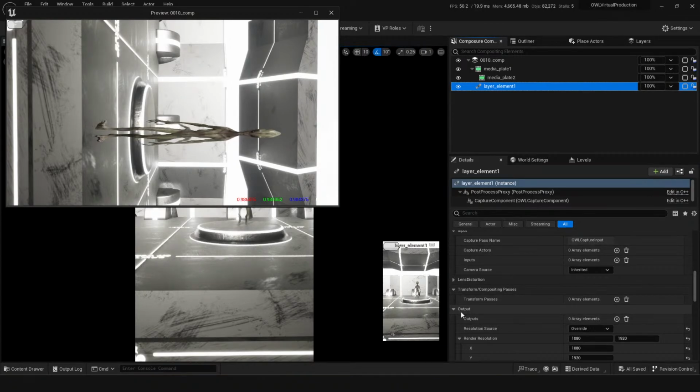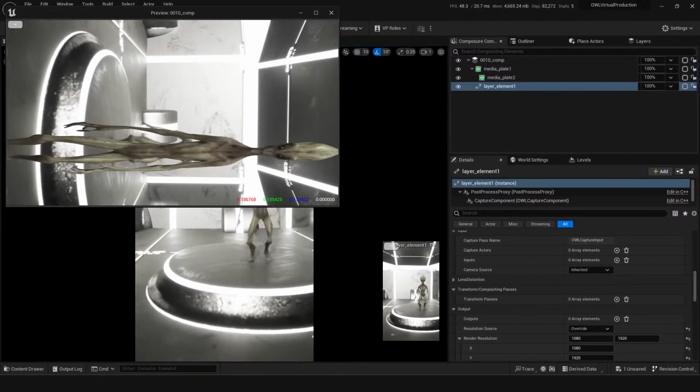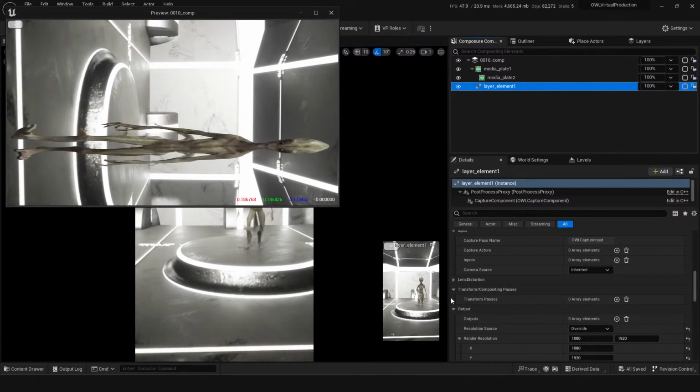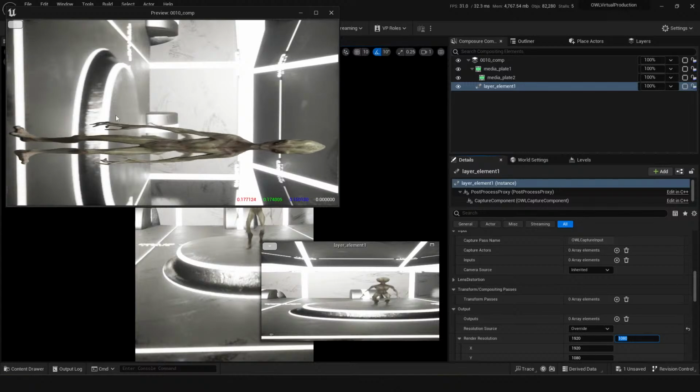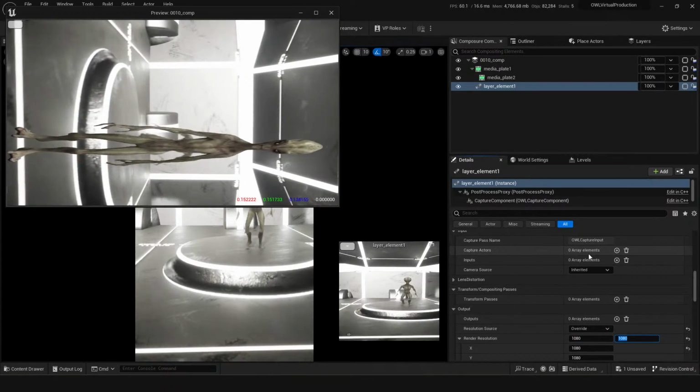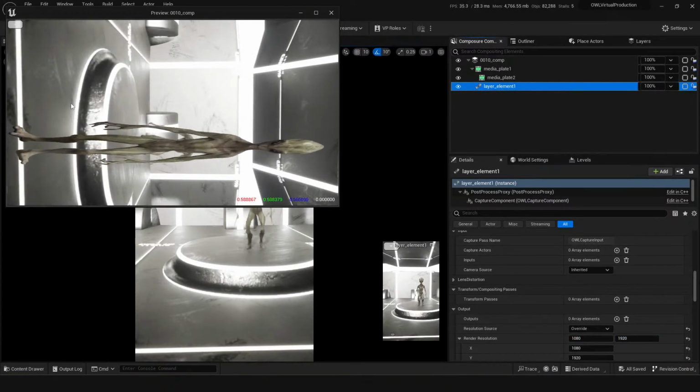So yeah, here just on output overriding the resolution. That seems to have fixed the kind of blurriness. That's good. So I guess that blurriness was coming from it being 920 by 1080, and then it's kind of squishing it. So you can see it's like blurry. But if you flip that output resolution, it's quite good.